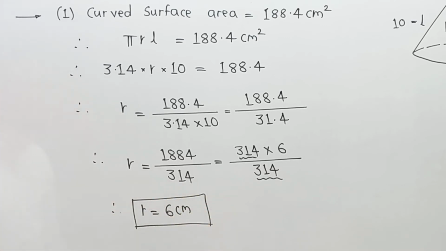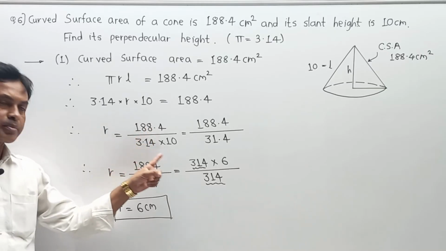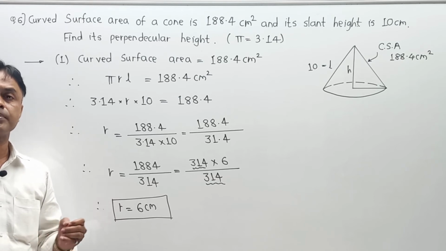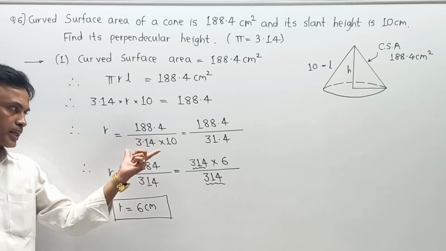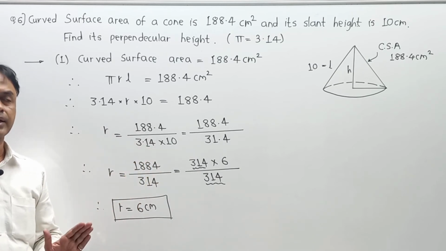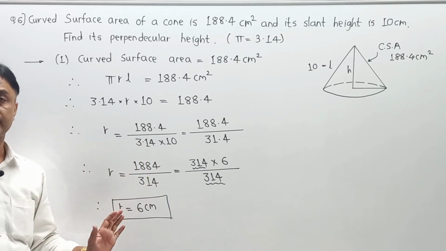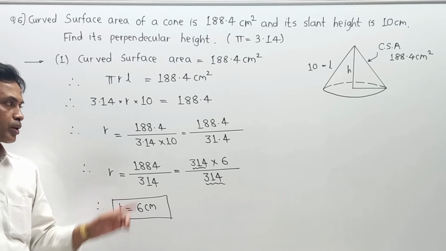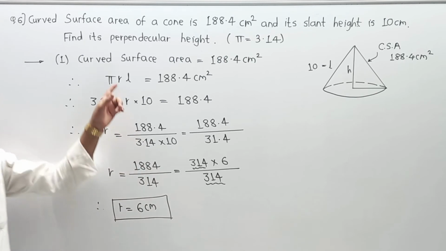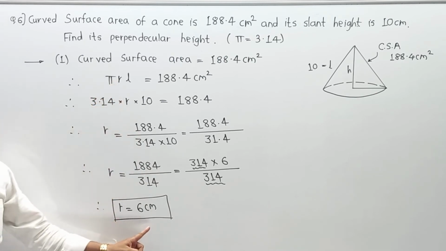This is our first part of the calculation. Students, once again please pay attention. Here decimals will create mathematical errors and some students make silly mistakes over there. So in that case, first try to remove the decimal from the calculation and do the needful calculation at the end. That is the simplest method. Do not make any silly mistake. Properly focus on each and every step. And in this way, we have completed the first part, that is the radius.